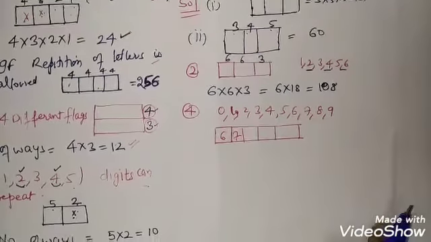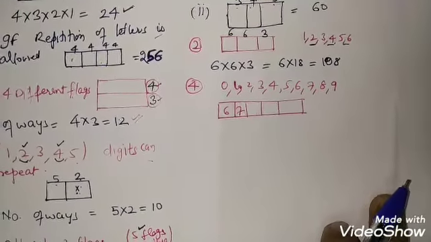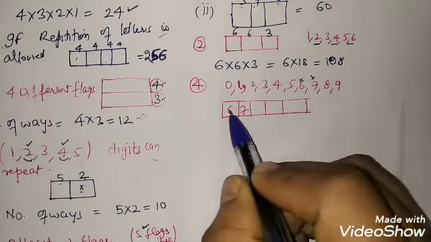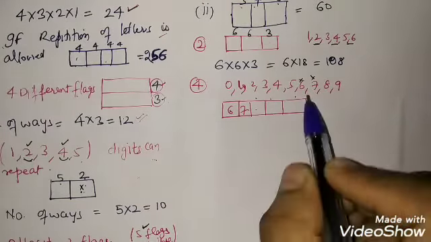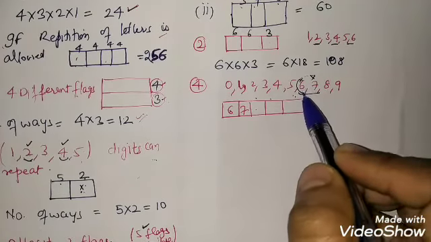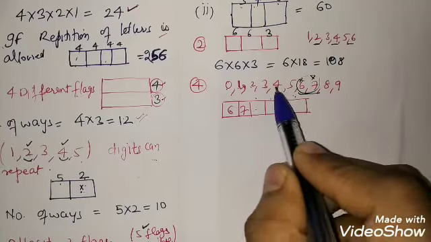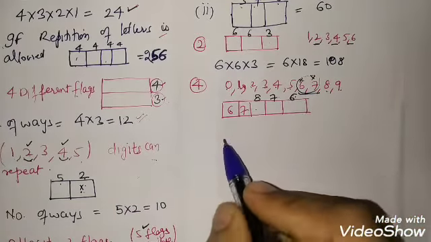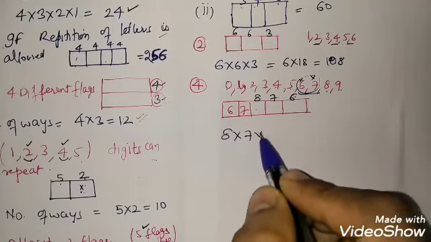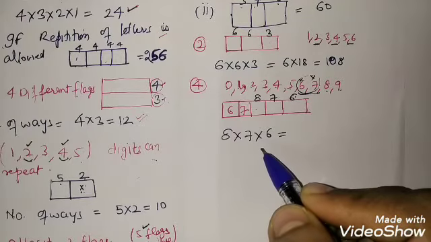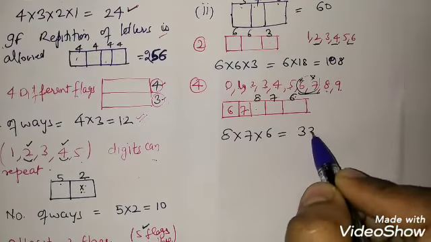So what can I write is, it's quite easy. 6, 7 is used over here. So we are having 3 places. We cannot use 6, 7 as the repetition of digit is not allowed. We are left with how many numbers? 1, 2, 3, 4, 5, 6, 7, 8. We are left with 8. This is 7. This is 6. So answer is 8 into 7 into 6. 8 into 7 is 56, into 6 is 336. Answer.